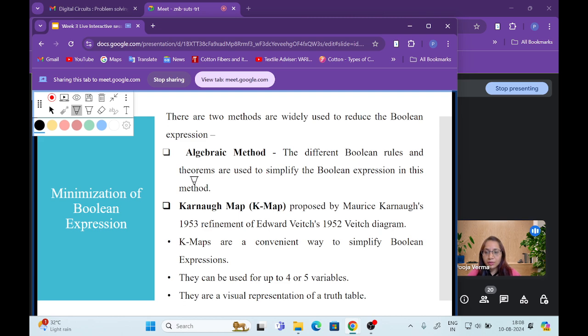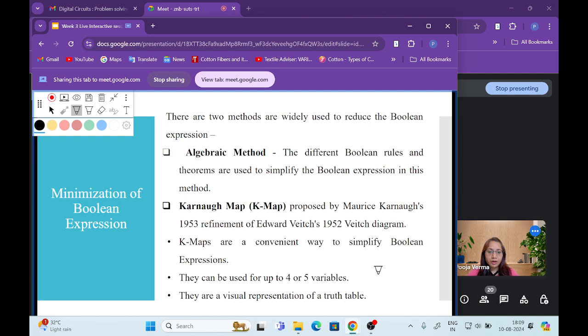So first one is the minimization of Boolean expressions. As already told, there are two methods widely used to reduce a Boolean expression. First one, the algebraic method, where we use different Boolean rules and theorems which have been covered in the last week, week 2, to simplify the Boolean expressions. Another one is the K-map or Karnaugh map, which was proposed by Maurice Karnaugh in 1953,